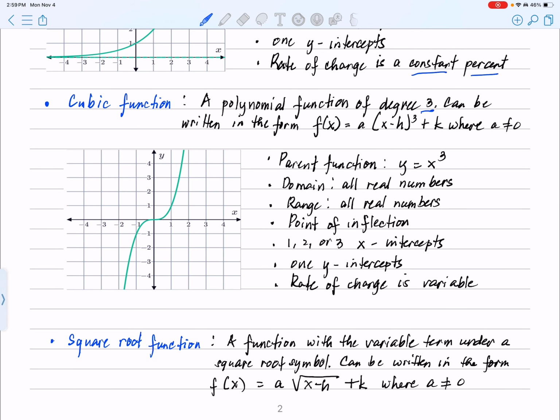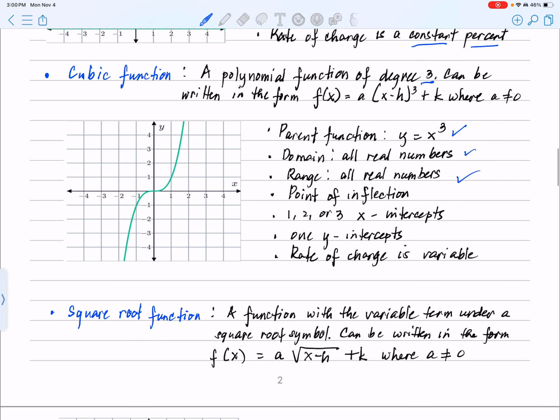The parent function is x to the third power. The domain is all real numbers, as well as the range. There is a point of inflection wherein it changes from concave down to concave up, or there is a change of concavity. Then you can see the point of inflection. Then there are 1, 2, or 3 x-intercepts and a y-intercept, and the rate of change is variable. Okay,